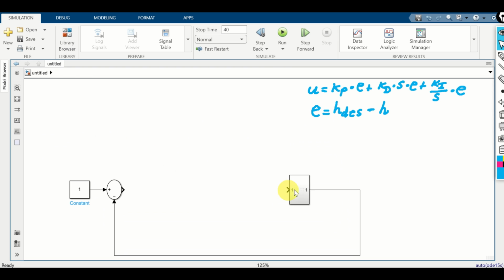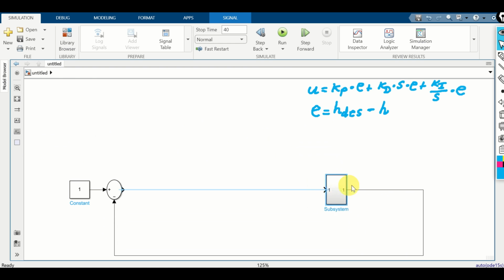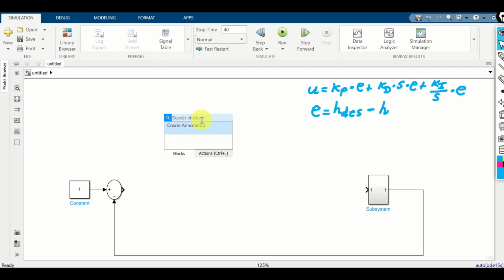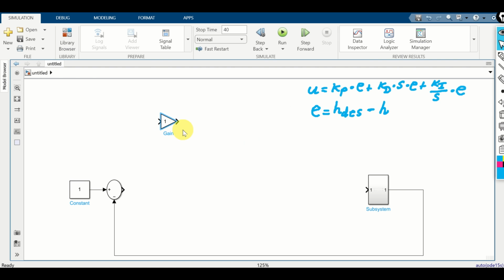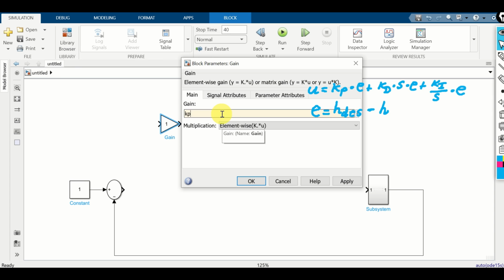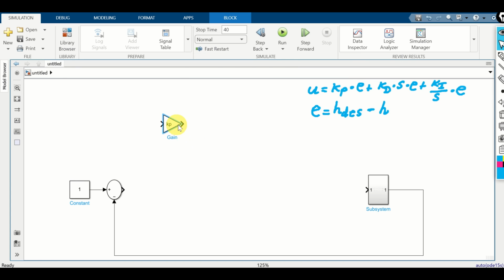Next, we need to model our PID controller. Move this part a little bit here, such that we have more space. And let's model the proportional part of our PID. We need to get Kp. Double-click over here and search for a gain. Here's the gain. Double-click on the gain, and over here type Kp. Notice over here that Kp is already in the MATLAB workspace. Good. Next, you need to connect this part to Kp,